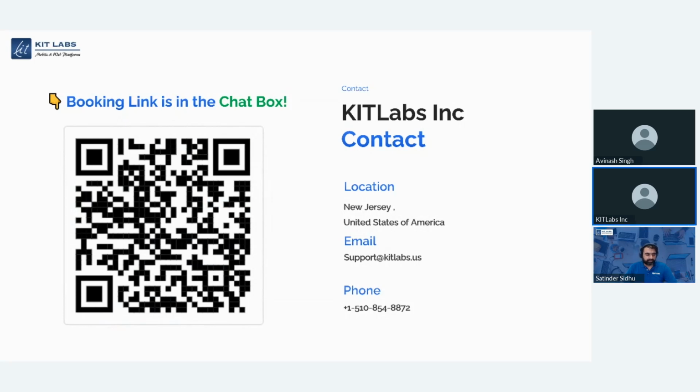The last question we have here is how long it takes to complete an app. At minimum, at least 2 months, because we need time to understand the project, plan out the various screens, how it will work behind the scenes, and how it will interact with the back end. You also need some time to set up the Apple Store account and Google Play Store account. There's a bit of process in doing all of these things, but we work with you on all of these steps to make sure that we can get it accomplished on time.